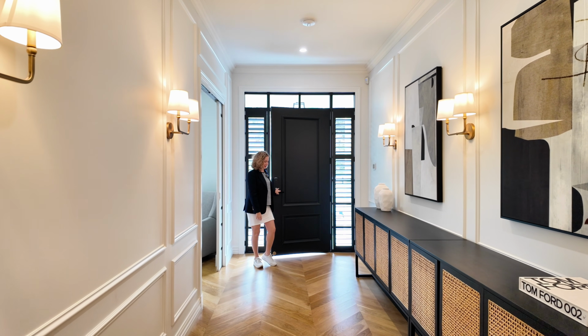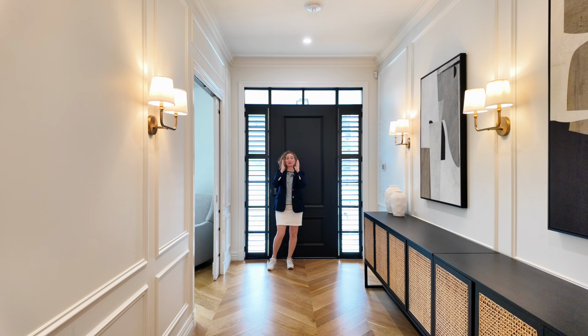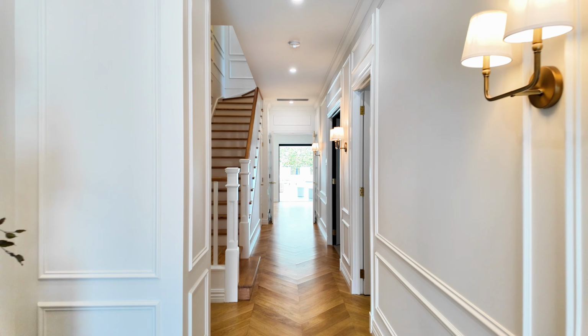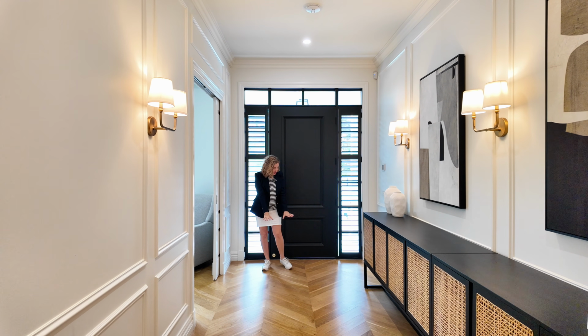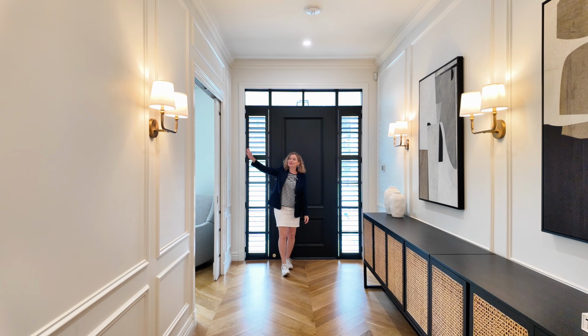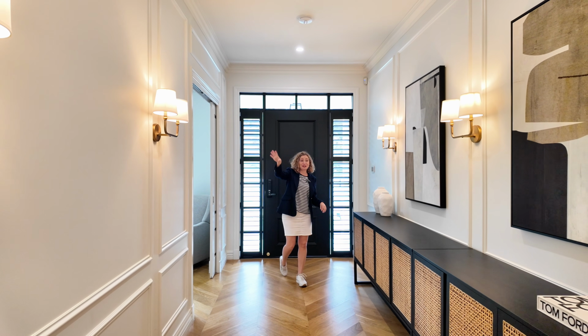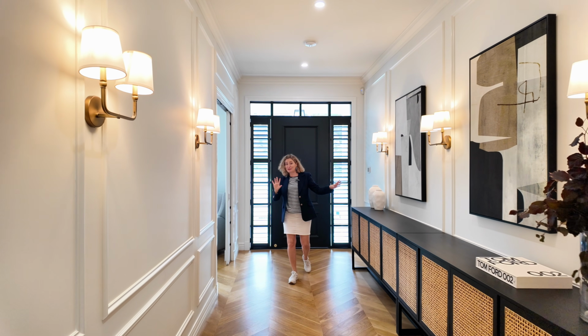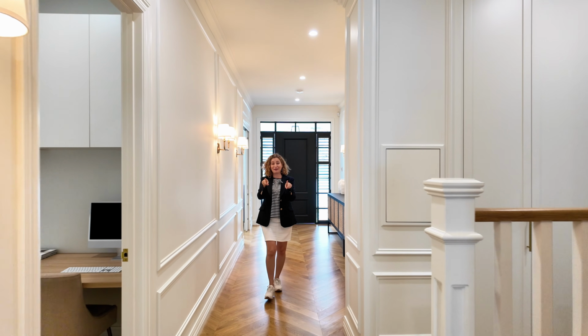Oh my goodness. Wow. Okay, I can see straight down the corridor at the pool area. That's already a wow factor. But have a look at the chevron flooring. I love the color. And then you've got wainscoting on the wall, which adds elegance. Beautiful sconces. Now, before we check out the rooms across here, I'm going to take you straight down the hallway